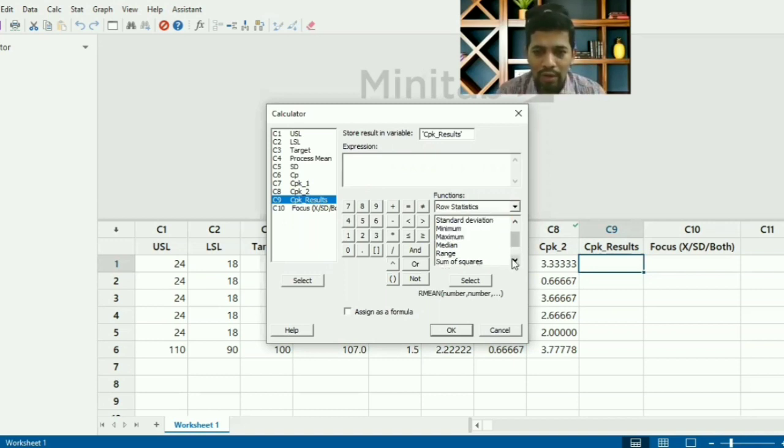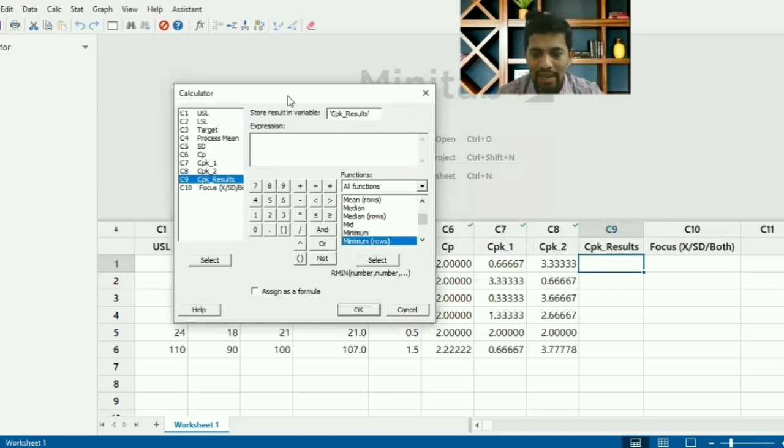I would like to find the minimum function. Yes, minimum of rows, because I have the data in rows here. So 1.66 I need to compare with 3.33, and then I need to substitute. So I have to use minimum rows.